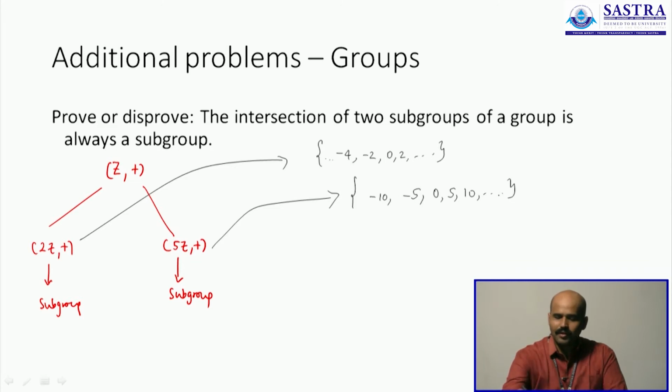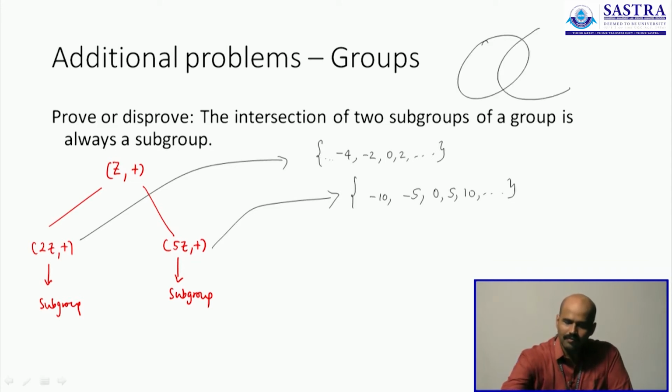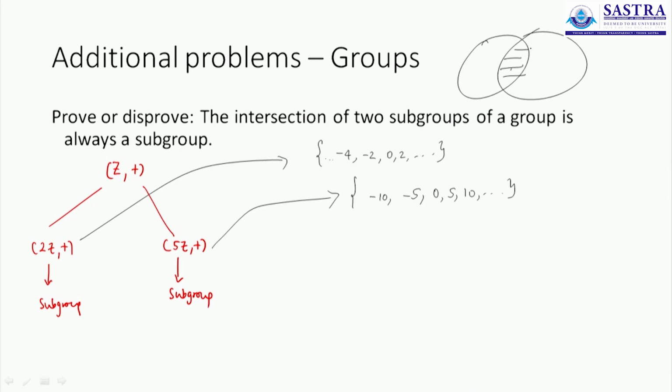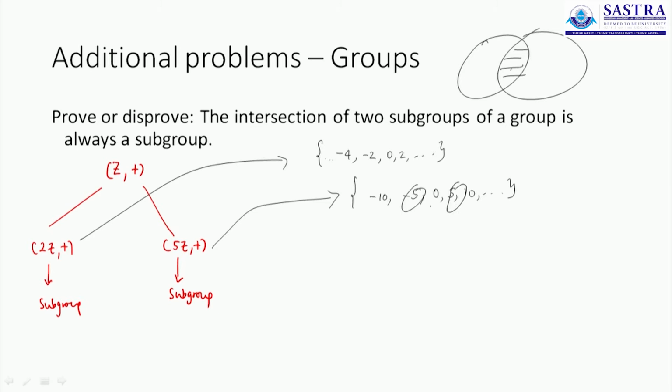So if you can recall the Venn diagram, when I have A and B, A intersection B is the one in the middle, the region that is common to both, the region that is not exclusive to one of the two sets. Now what can be some element that is common to one set, the set of all even numbers, and another set, the set of all multiples of 5? What can be such an element? Clearly 5 can't be common to both. 0 is common, that's what you can say.